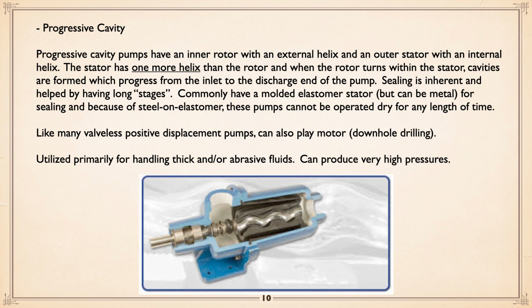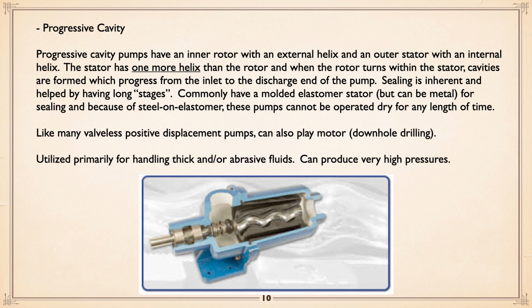progress from the inlet, to the left of the rubber, where there's actually a shaft coupling, because these things are kind of wobbly and eccentric. They need a shaft coupling that allows some flexibility. That's actually the inlet, and it discharges to the right. Okay, fine and dandy. Sealing is inherent in the pumps, and the more stages you have, the more pressure